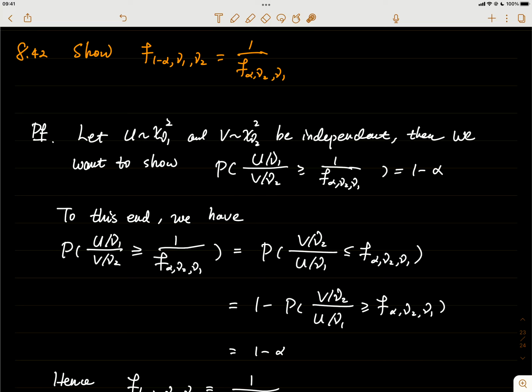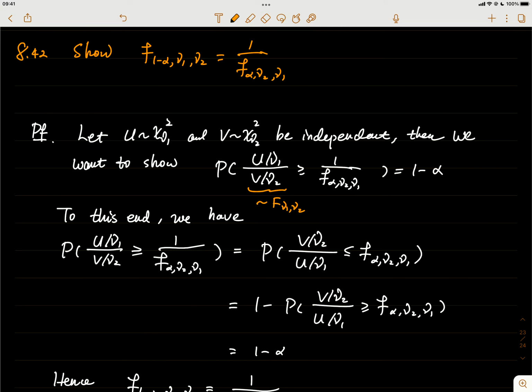What we actually want to show is that this ratio follows the F distribution with nu1 and nu2 as the degrees of freedom. So the probability that this ratio is bigger than or equal to this value should be equal to 1 minus alpha. If we can show that the probability of this is also equal to 1 minus alpha, then we're done, because we know that this number